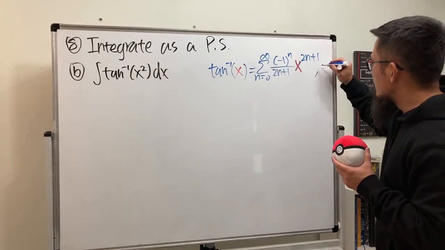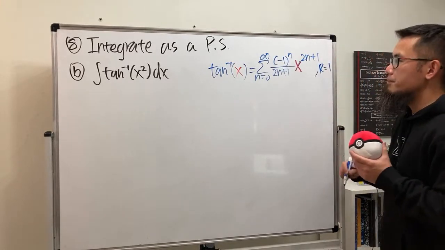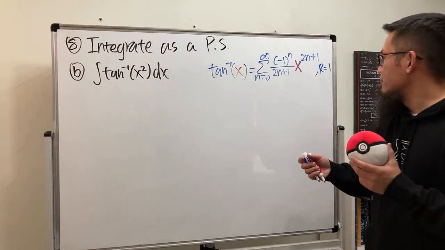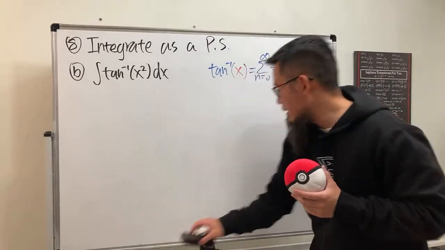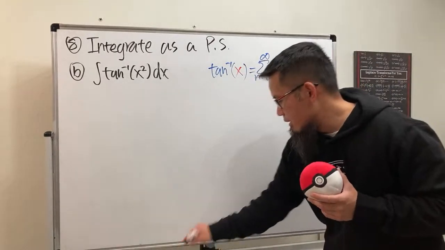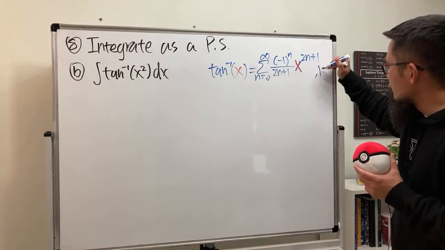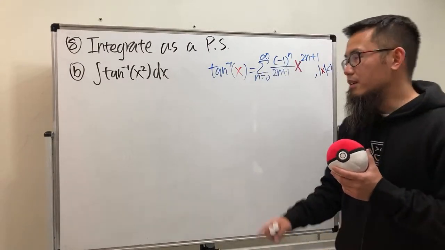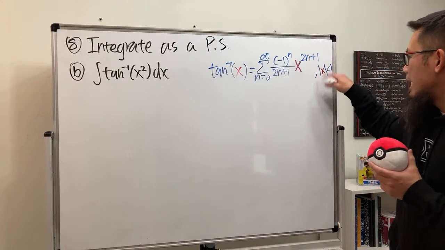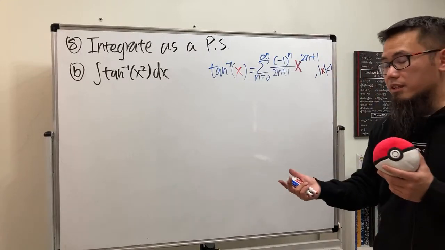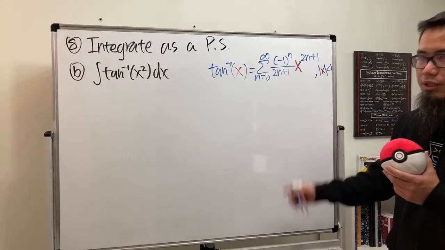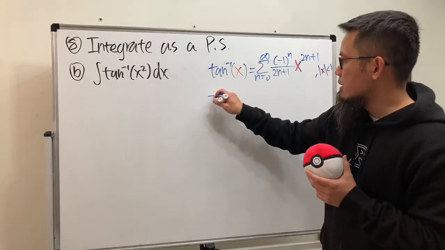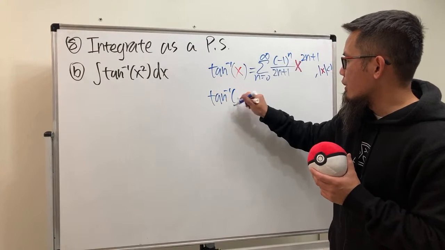And then I will say R is equal to 1. All right? Technically, I should put down an absolute value. I will write this down right here. I will do this technically. Absolute value of x is less than 1. But earlier, absolute value of x is less than infinity because R is infinity. That's why I say if you take the cube root, you still get infinity. So that's the nice case. Anyway, for this, inverse tangent of x squared